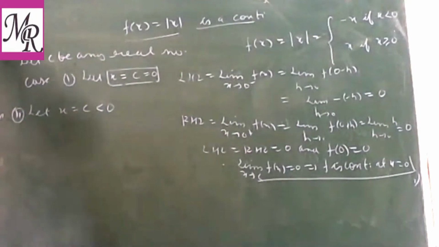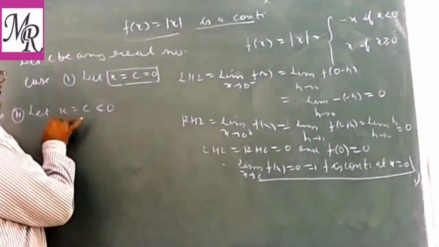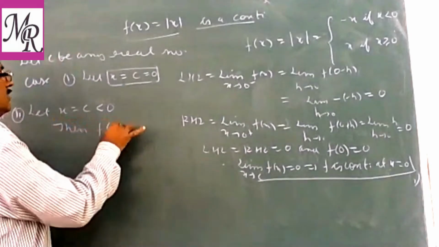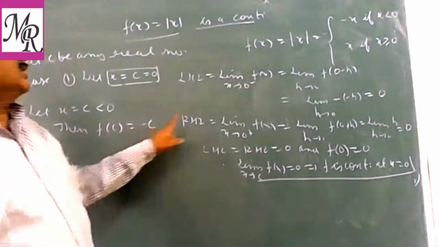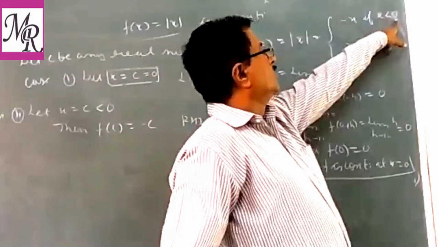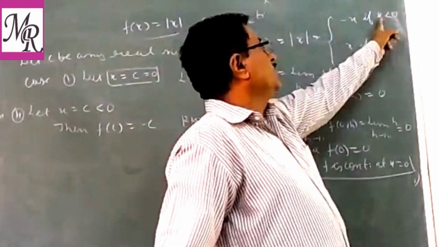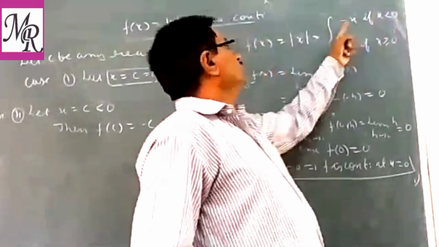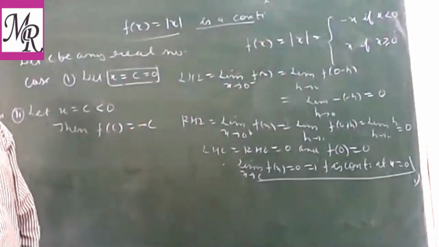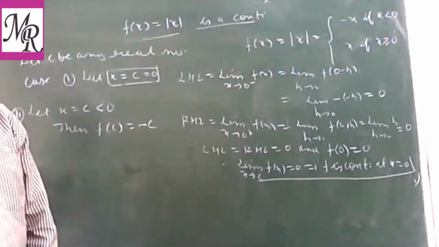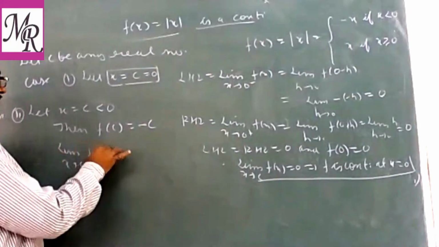So we can say by definition you may write f(c) equal to minus c. जब नेगेटिव होगा माइनस ही आएगा. Then x less than 0, then function value is minus x. अब x की जगह हमने c ले लिया, but we know c is less than 0. So minus c. Clear? So value of the function at that point is minus c. Also, if you want to find the limit x tends to c of f(x).